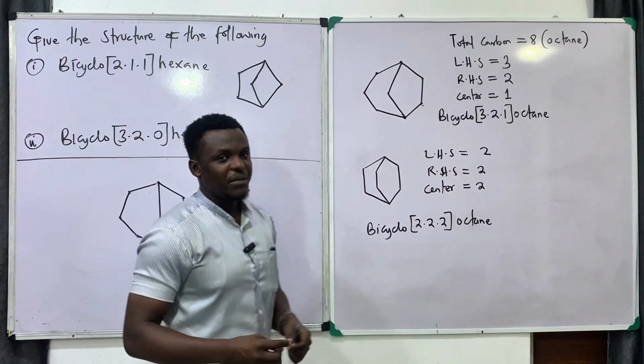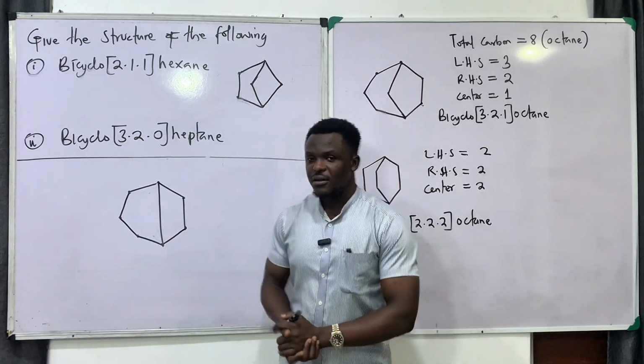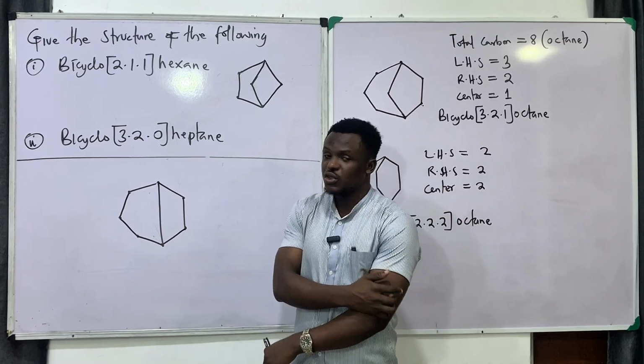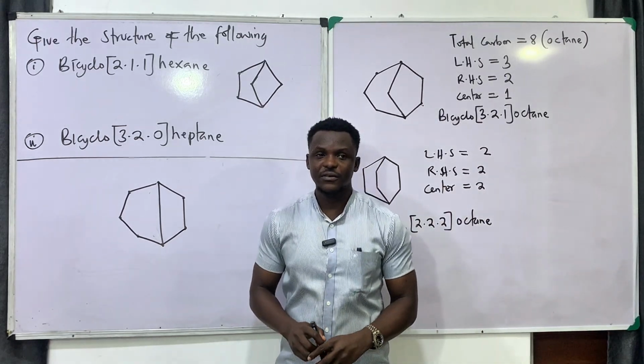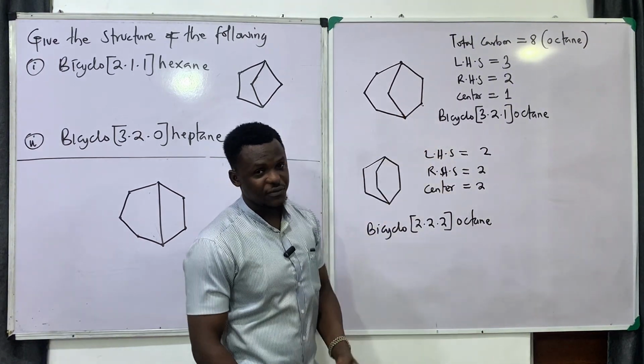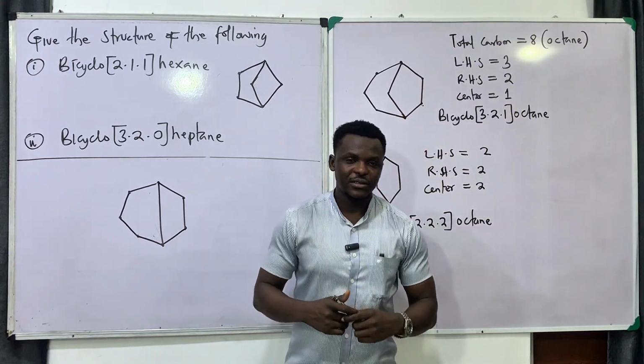Okay, so I believe with this now, we can actually see how to draw a structure of bicyclo if the name is given, or to name a bicyclo if the structure is given. So having done that, you can now go ahead and